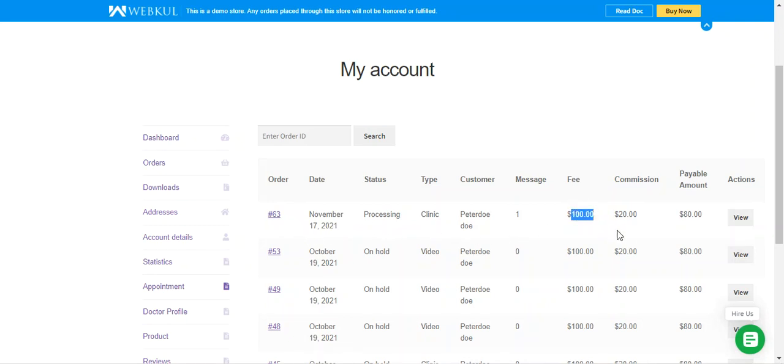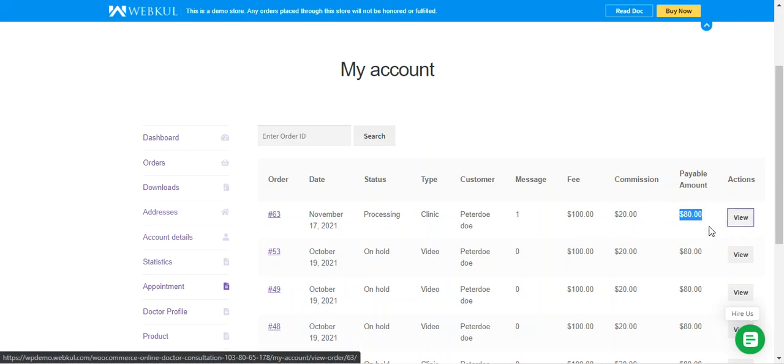and here you can see that we have the fee that we had set up. The commission for the admin is $20. The payable amount to the doctor is $80. If I tap here on the view button,